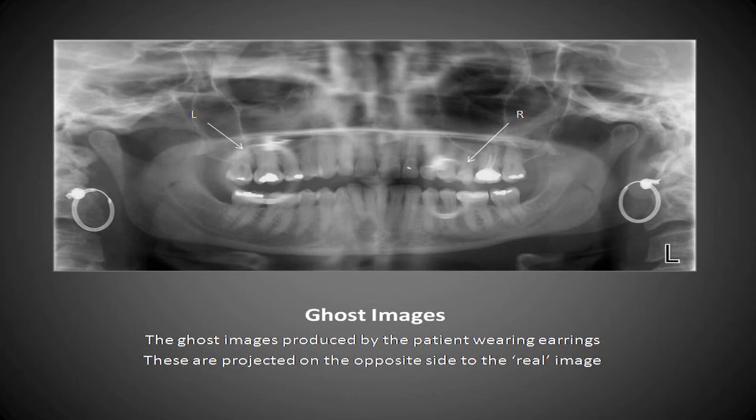So this image that you see on the screen is a perfect example. You can see that the patient is wearing her earrings, and you can see the manifestation of the earrings there within the maxilla and mandible as well. This is a ghost image, and this shows that it has been recorded twice. So like I said before, images are recorded twice, so we are trying to use the highlighted one as the primary image. But certain structures, especially structures which lie in the midline, tend to get repeated twice. So we'll see what are the structures that are repeated twice as we go.